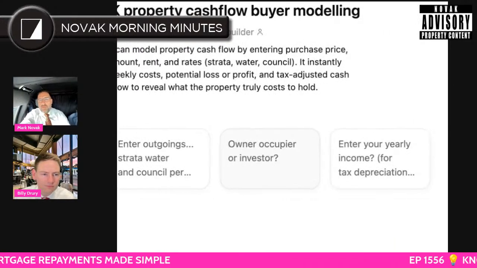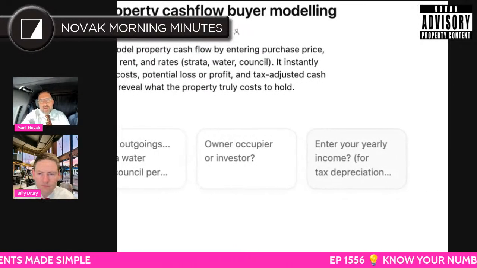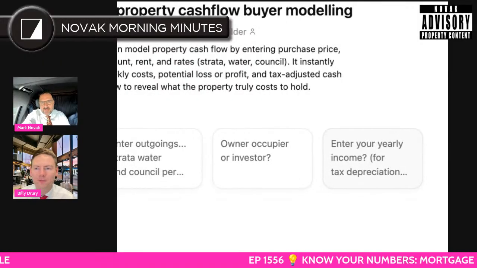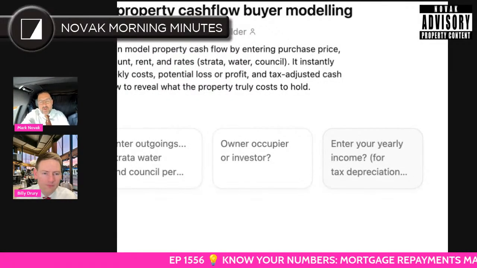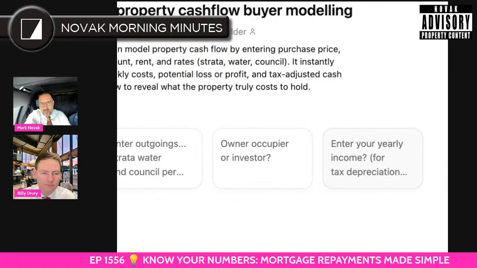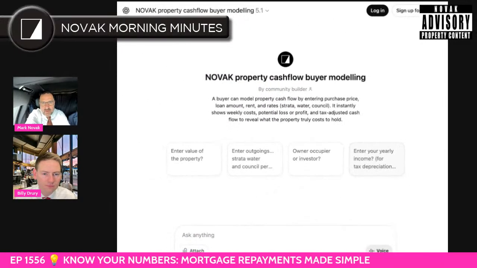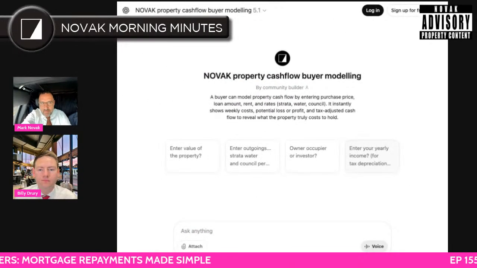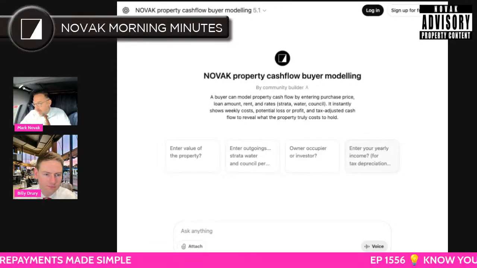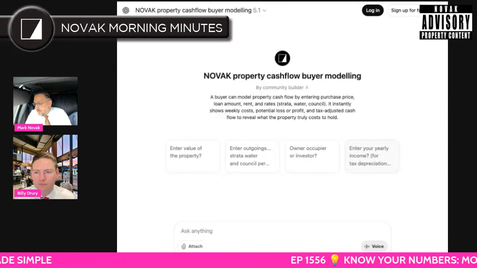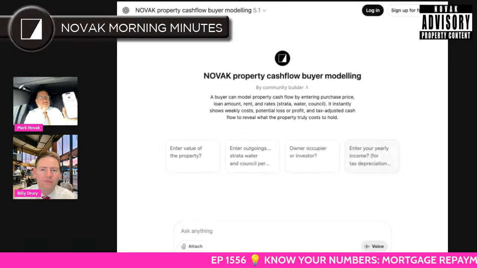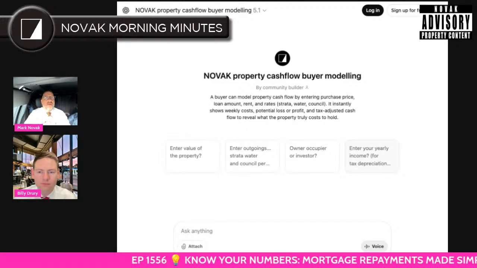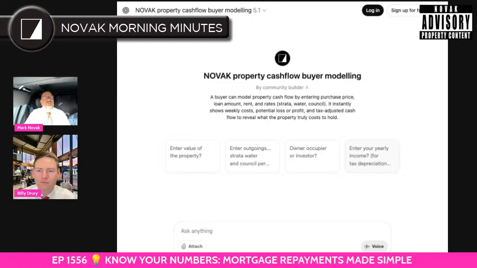Now, the hard thing about people working out their cash flow is they don't know what basic numbers they just need to put in. So that sort of gives you a bit of a hold on it there. Some of the basic things that you can actually enter to be a little bit of a hero. They're those boxes there. Now, if you just want to have a good old fashioned chat,